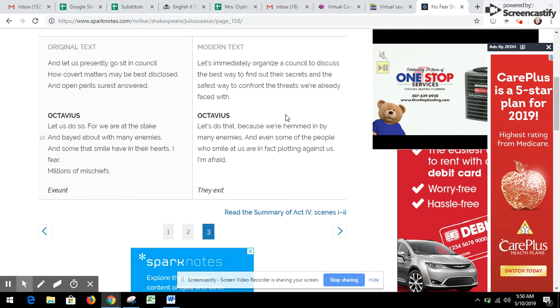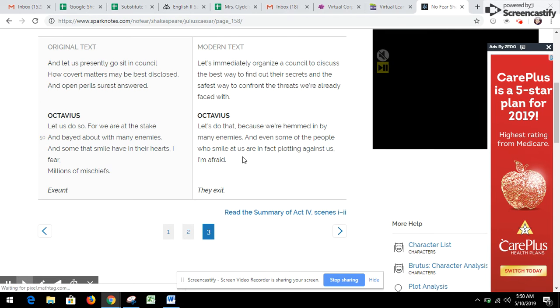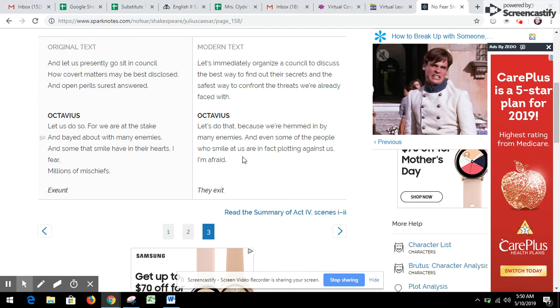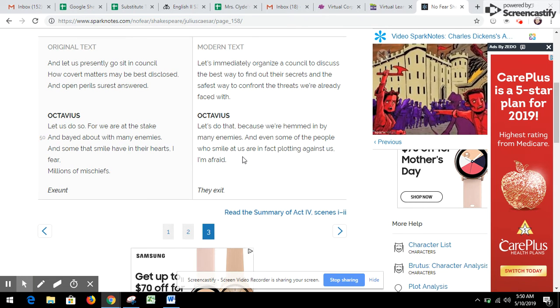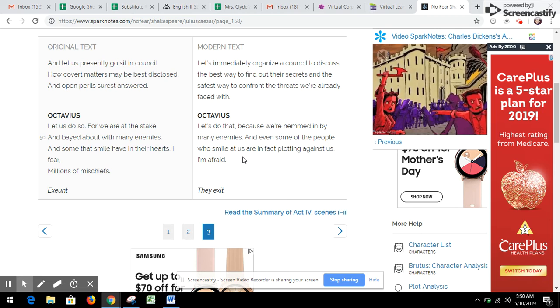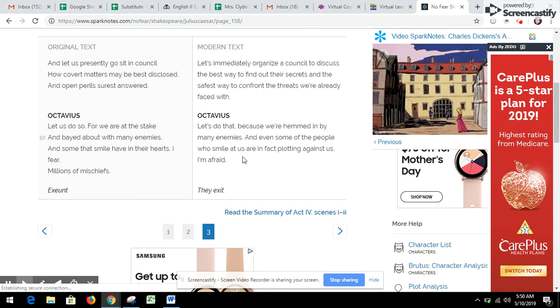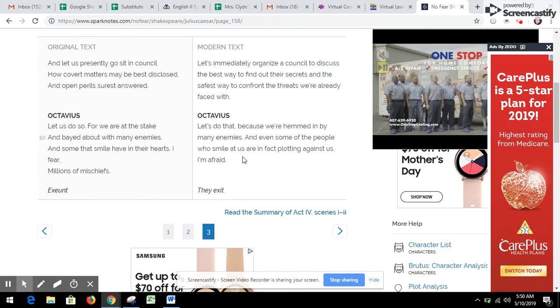Okay, well, that's a little bit hypocritical, right? Because they're talking about enemies and people smiling at them and they should be afraid of them. But then Lepidus, who is helping them right now, Octavius is having a positive attitude toward him, but Antony's kind of doing the same thing, right? He's saying like, yeah, let's be nice and he'll help us,